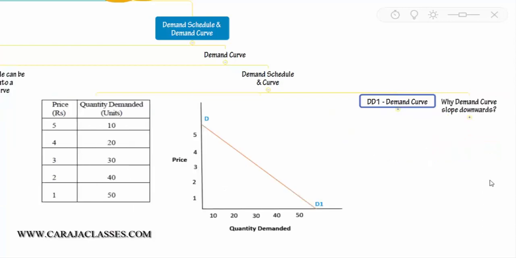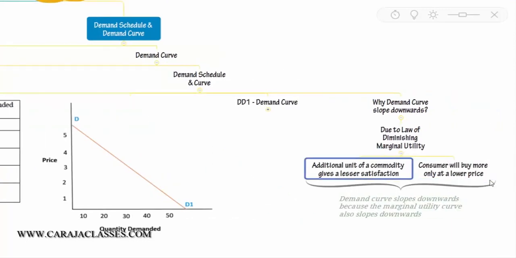Okay, now we'll have a question, why is this demand curve sloping downwards? Demand curve is sloping downwards due to operation of law of diminishing marginal utility. This law says that when you consume additional unit of commodity, for every additional unit of commodity, the satisfaction you get will keep coming down. Okay, so additional unit of commodity gives lesser satisfaction, and that is the essence of law of diminishing marginal utility,